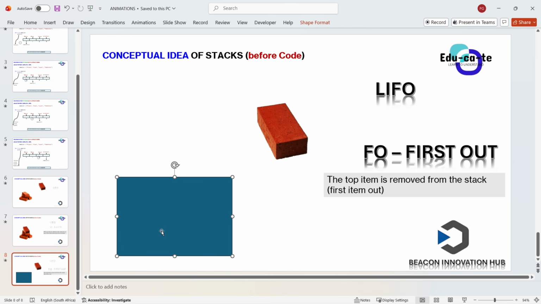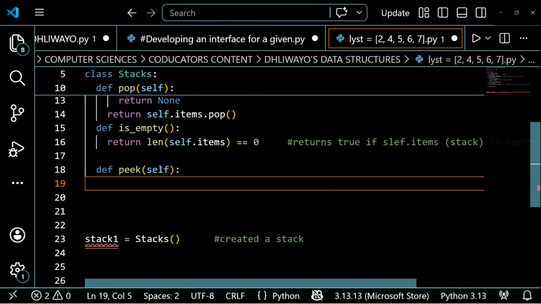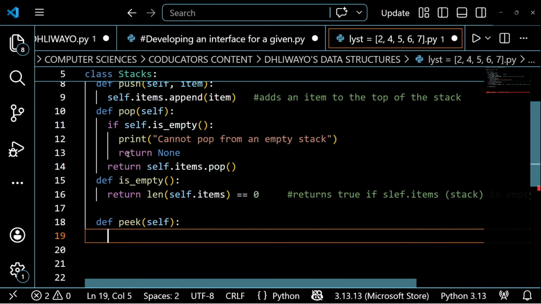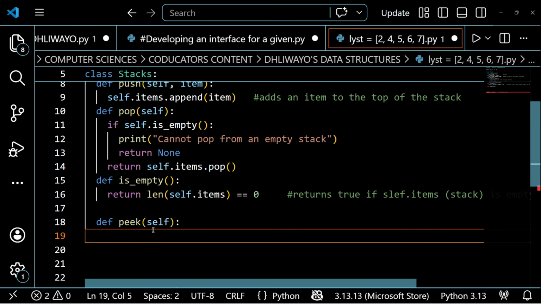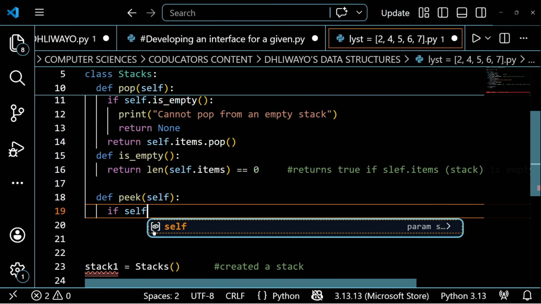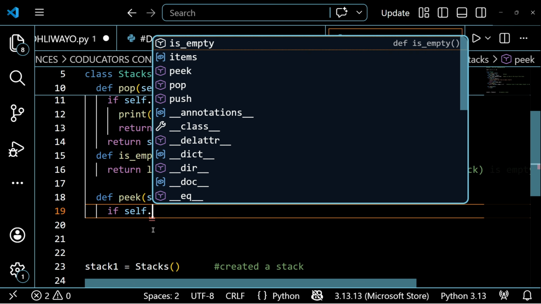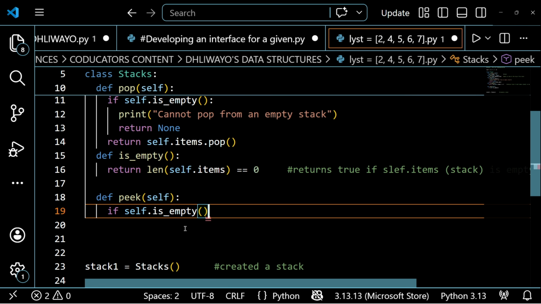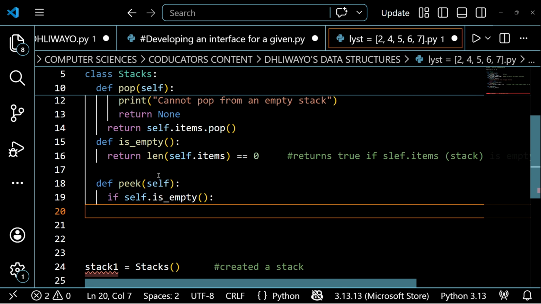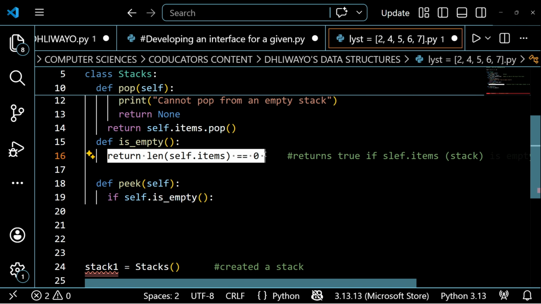For the pop function, we already handled the error, because we can get an error if this is an empty stack by using this isEmpty method. Similarly for the pick function, we're going to say if the stack is empty, remember when you say the stack is empty, it means this condition is true: the length of the items inside the stack is 0.